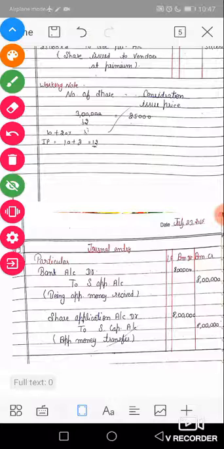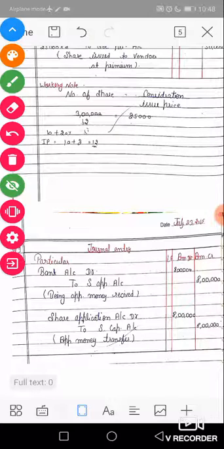Lump sum payment system means the company receives all the amount in a single installment, not in different installments like application money, allotment money, call money. The total amount is paid in a single installment, that means lump sum payment method of issue of shares for cash. Okay, now start. The authorized capital, authorized means the total, maximum capital of a company.